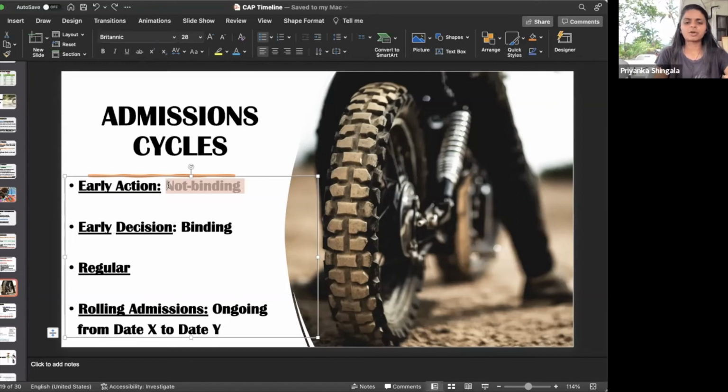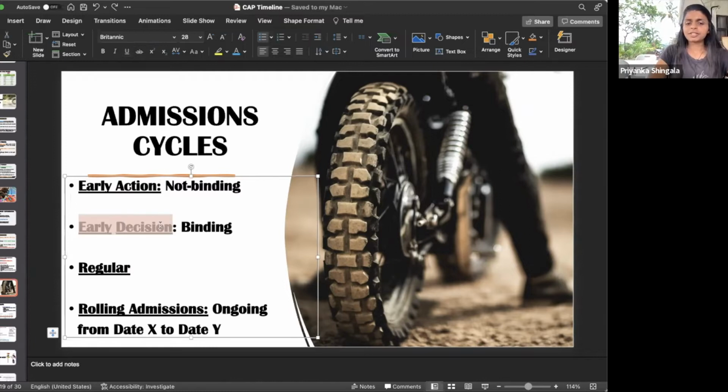Because most students tend to procrastinate, and they wait for the last deadline they can, there's a smaller competition pool for this. And sometimes they'll get half the students that they need for that class from the early action and early decision pool, and then the other half from the other students. So you might have, let's say, 10,000 students who applied here and they have 1,500 seats to fill. Here you might have another 20,000 students who came in and they have another only 1,500 seats to fill, right?